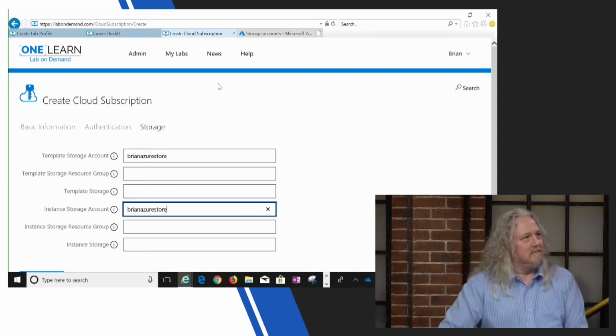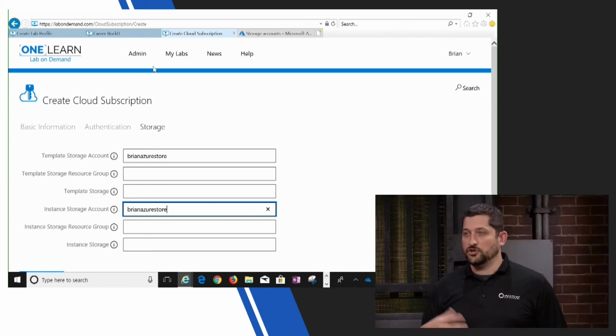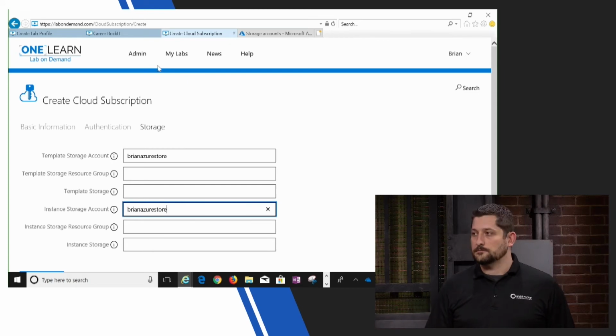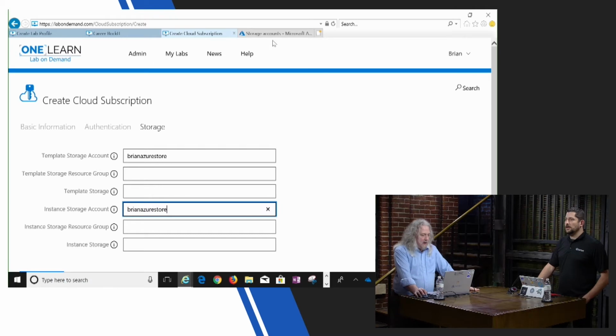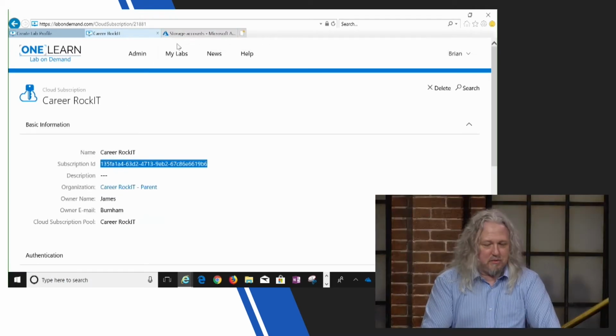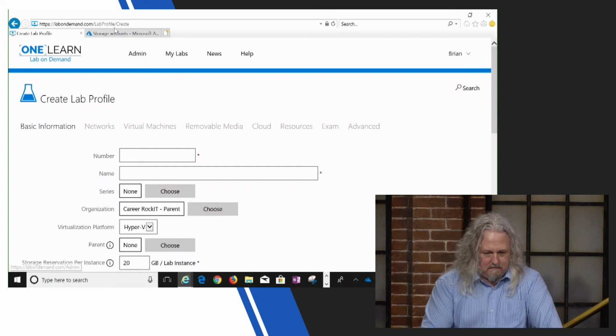And as long as the other subscription allows LOD into it, it can generate its own storage keys and work out the path to get to them. And that application that we made is what gives LOD permission into it. Yes, absolutely. So, all right, so let's take a look at one that is already pre-built. Now, I don't want to go into our secrets or anything like that, but if we take a look at our, hold on one second,